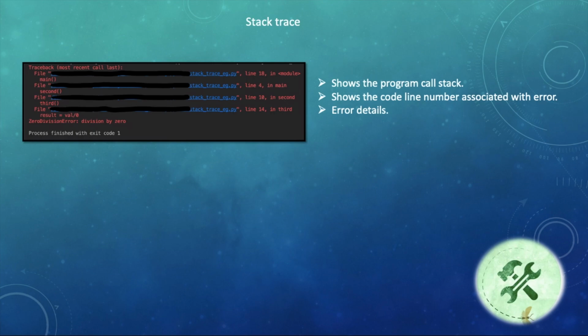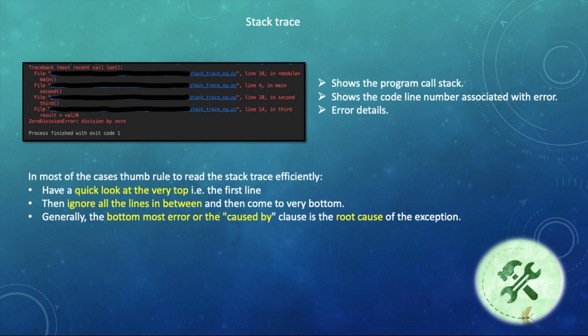Second, it also shows the line in question that encountered the error. And third, we also got to know the error itself. So in most cases, the thumb rule is to have a quick look at the very top, that is the first line, then ignore all the lines and come to the very bottom. Generally, the bottommost error or the caused by clause is the root cause of the exception.